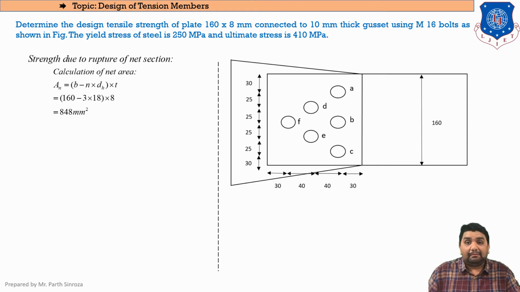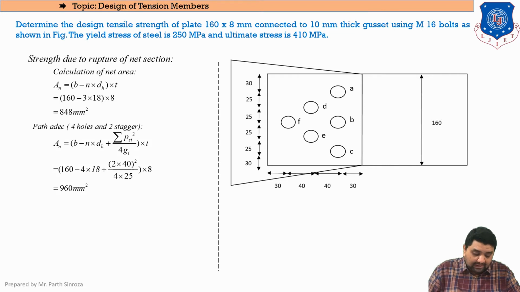Now we will be selecting a second path. Whenever we are dealing with a staggered connection, we will be dealing with paths. Now keep in mind, while selecting a path, the outermost bolts or outermost holes should be included in each and every path. So the first path was ABC. We have included the outermost holes. So now the second path here will be ADEC. That means we'll be going this way. ADEC. This will be our second path. Clear? Again repeating, the outermost holes should be included in each and every path that you mention in our zigzag bolting.